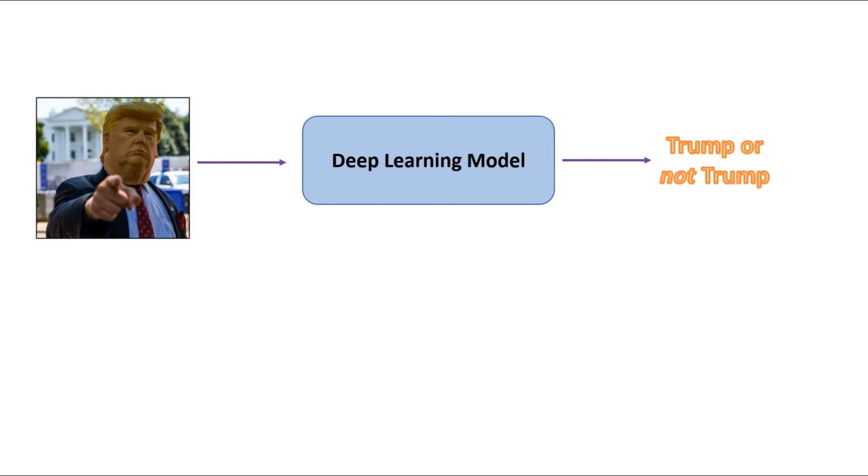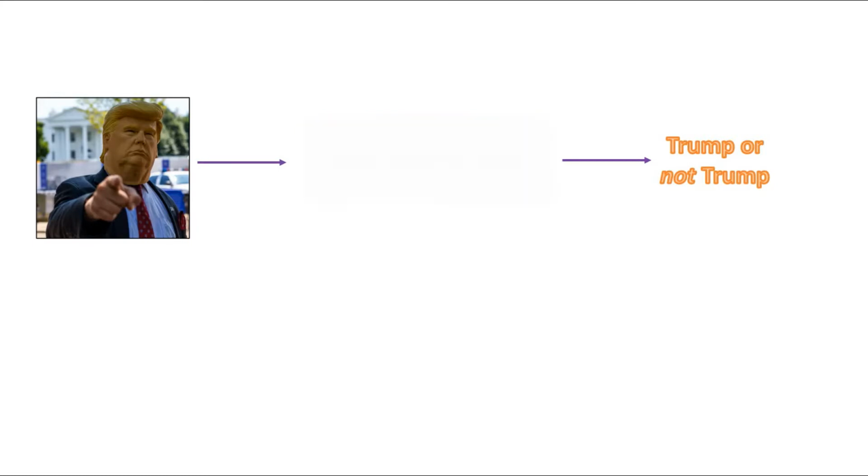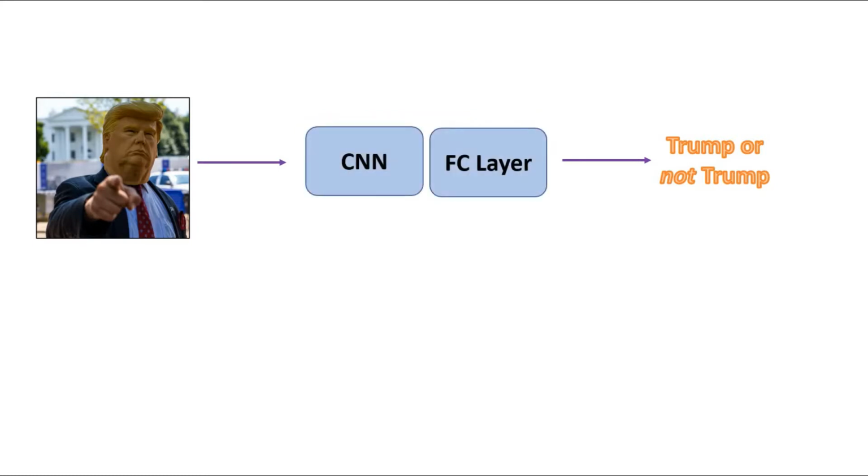Because we are working with images in this task, we are compelled to use a CNN, which is followed by a fully connected layer to give our classification output. Let us denote our input as X and our output as Y. Note, we can mathematically say that Y equals 1 is equivalent to predicting Trump and